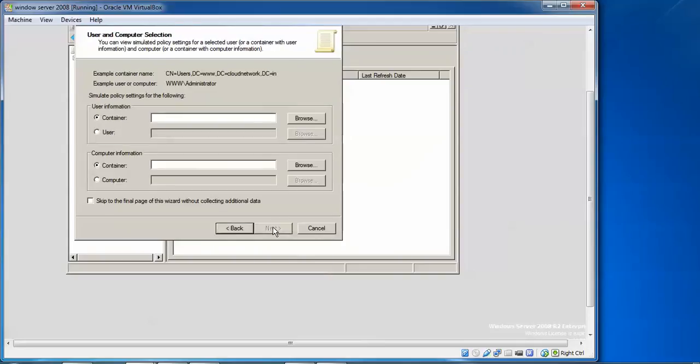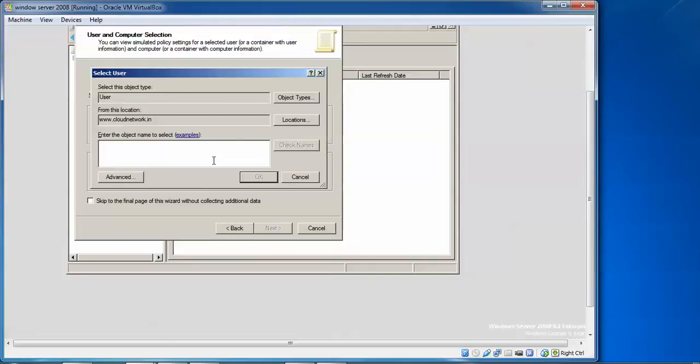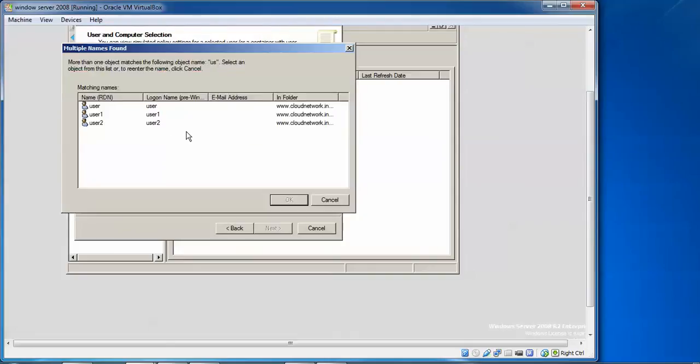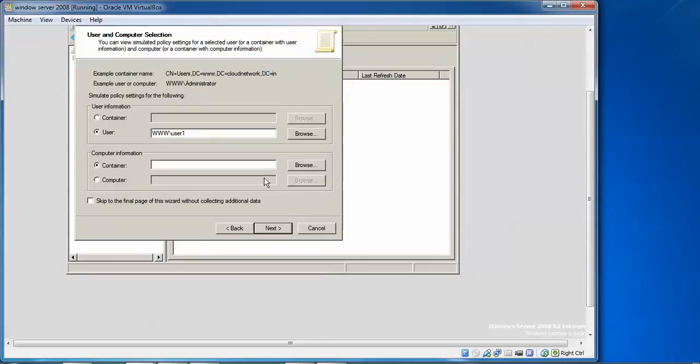Click Next, and then we need to select a user. Here we need to browse and give a user. Check Names, it shows some names. Select all the names, or else only the one user, and then press OK.